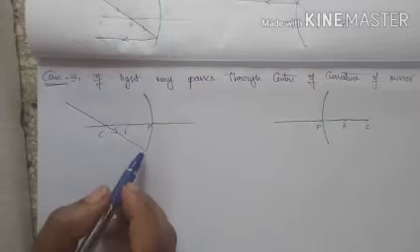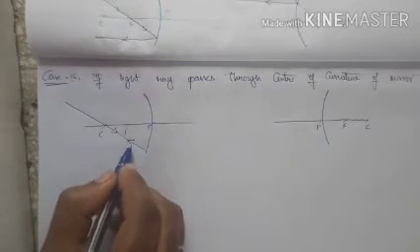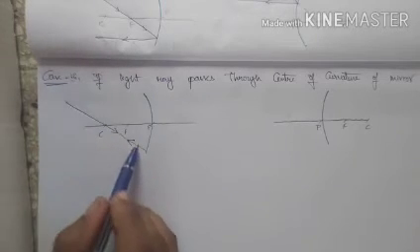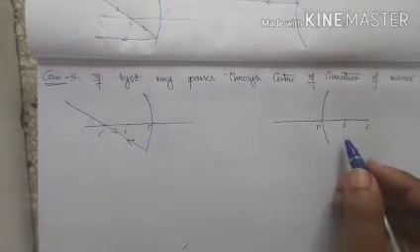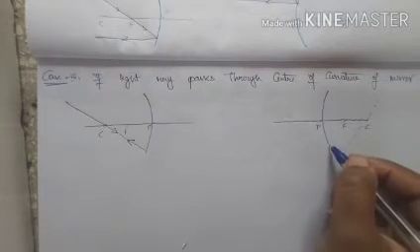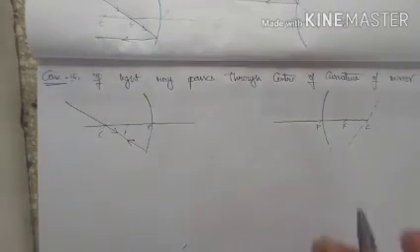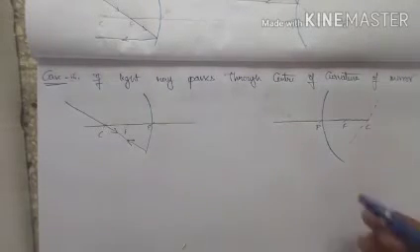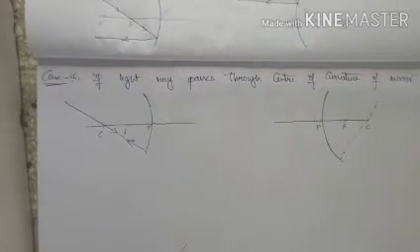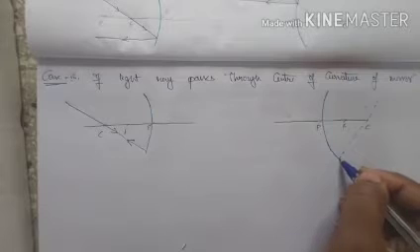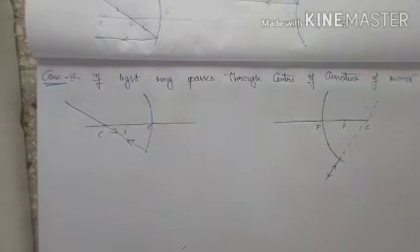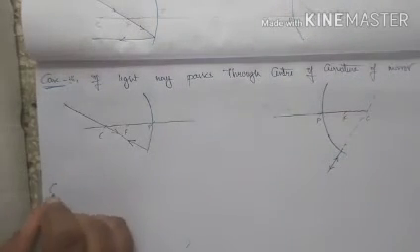If this is my incident ray, then it always takes the same path. It retraces the path. The incident ray and reflected ray both take the same path. This is incident and in the same direction it is reflected. Here it is also the same case, but it will be like this. I'm just extending it. So here like this, and it will go as such. As in, it is directed towards the center of curvature, it will go like this. Incident and reflected. Clear?